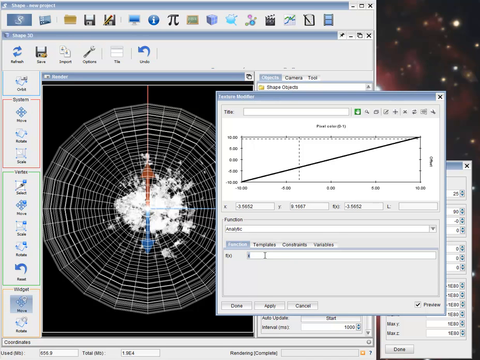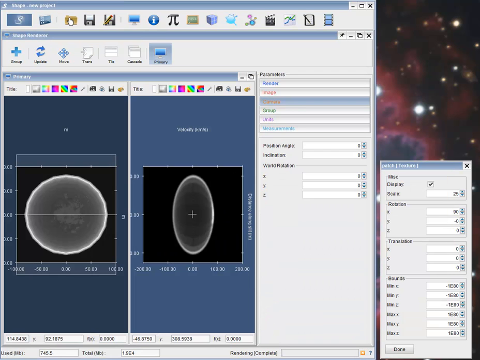X is representing now the intensity of the image, where white is a higher value. It goes from 0 to 1. Let's multiply that by 10. It's a linear fit. We could actually do something more complex, times x or square it. Apply, done. Now re-render. Now we have a very intense high density clumpy medium here,